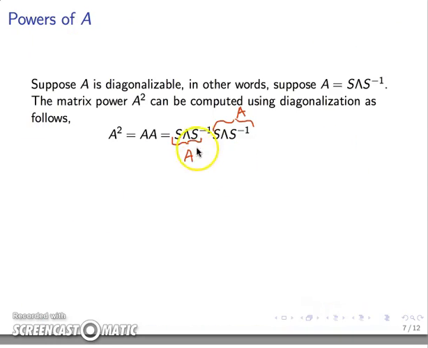So the cool thing about doing this is that now in the middle we're gonna have S inverse multiplying S. That becomes the identity by definition of an inverse matrix, and then we're left with lambda multiplying lambda, which is lambda squared in the sense that we just discussed. This lambda is a diagonal matrix, and so multiplying by itself causes the eigenvalues to be raised to the second